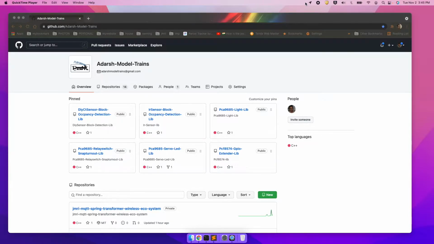So today we will see how we can install Mosquitto MQTT message broker on a Windows laptop. I have documented all the commands step by step. If you go into my GitHub repository,